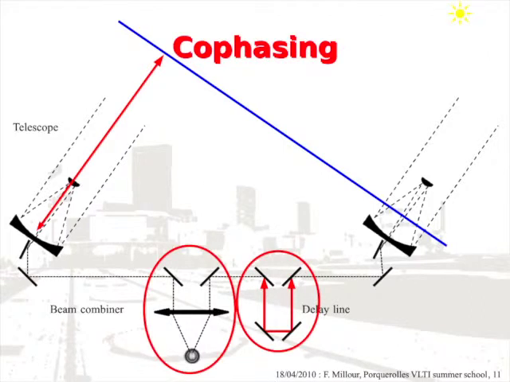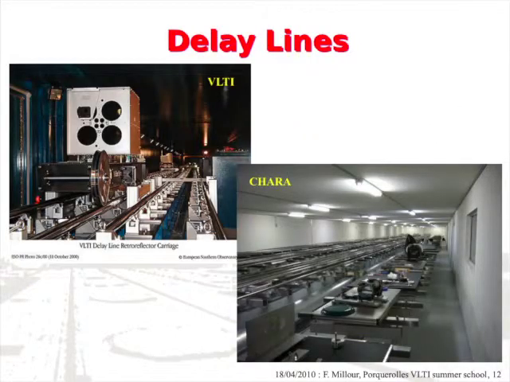So you see that for interferometers, not only the telescopes are important, but also these two subsystems. I just show you photos, but you will have a lot of explanation and a lot of talks about that. So that's what the delay lines look like in the VLTI. You have these rails which are 50 meters long, and this carriage which has mirrors on top. And in the case of CHARA, you have basically the same. You don't see the carriage here, but you see the rails, which are also 100 meters, something like that.